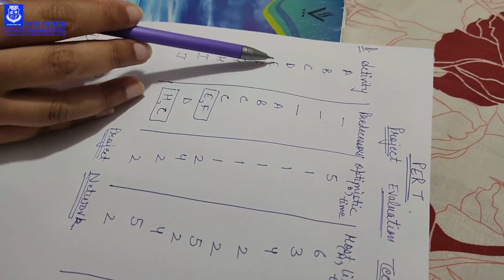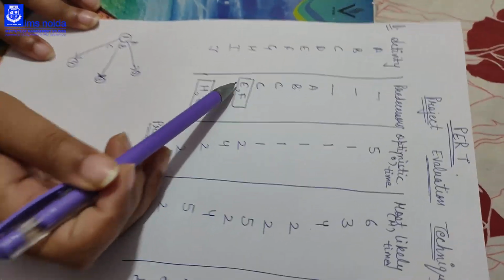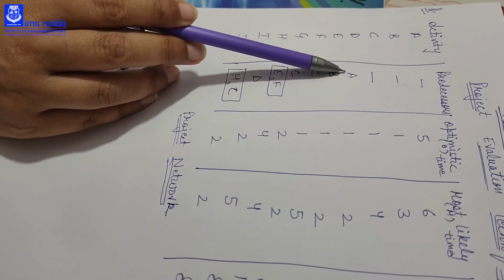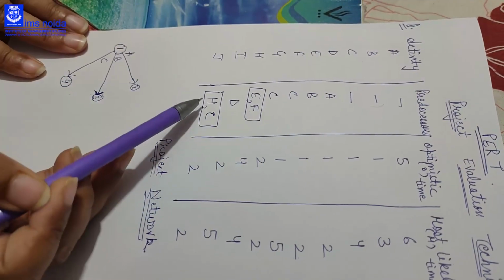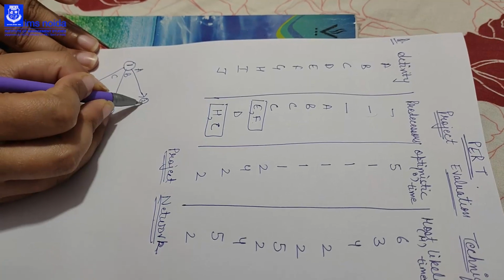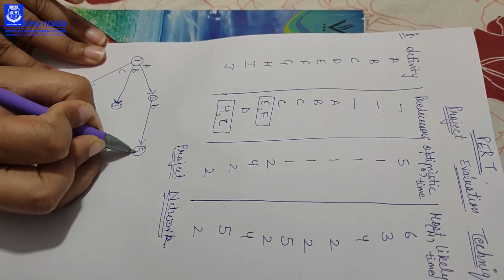Then we come to D. Here also, the activities which are combined, I have made a box of that to remind me that these activities are combined. D is starting with A and is not combined anywhere, so it is a free activity. D is starting with A, so we will start D with A